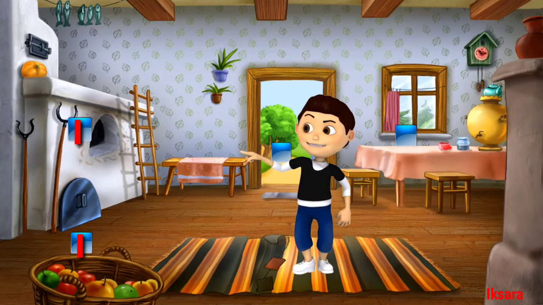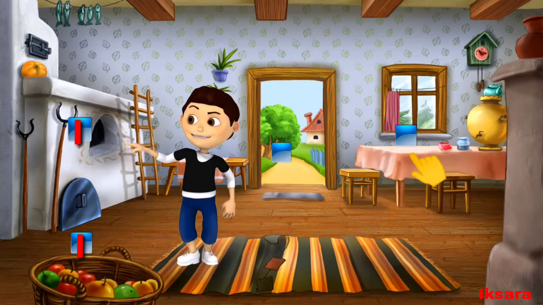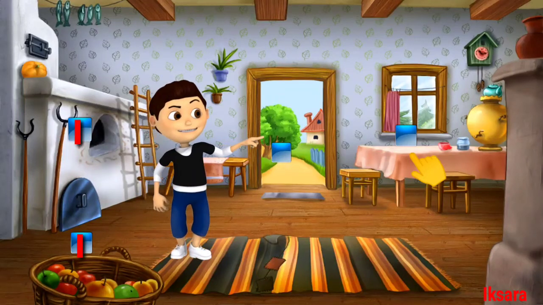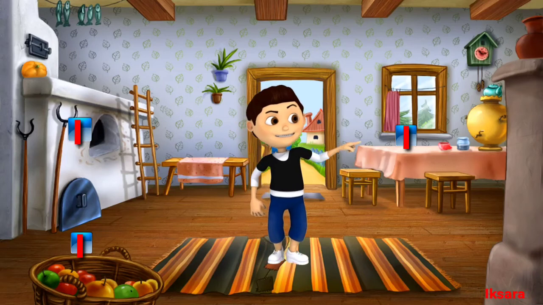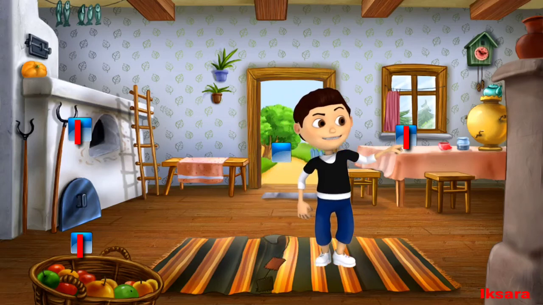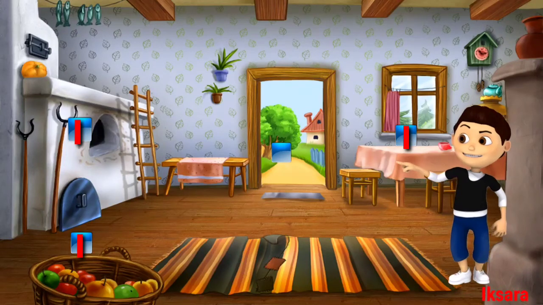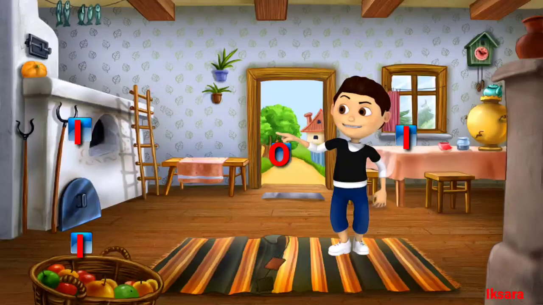We will write I in the box here. The table too is inside the room. We will write I in the box here. However, the tree is outside the room. So we are going to write O in the box here.